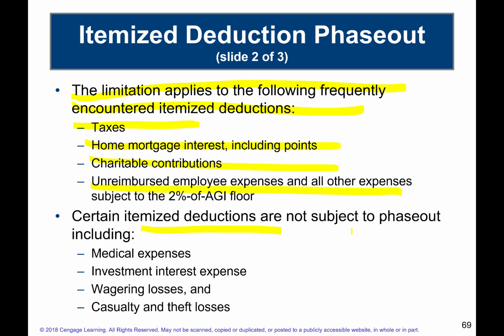But certain itemized deductions they don't make you apply the phase out to. For example, medical expenses, investment expenses, wagering losses, and again, that's up to your winnings, and casualty theft loss. So they've sort of put some things off to the side. And it makes sense that if they're letting you take a deduction up to your winnings, it doesn't seem very fair to make you pay the tax on the winning and not let you take the deduction and limit the deduction somehow. Medical expenses: if you're that sick and you're having to incur all those medical expenses, we're not going to limit your itemized deductions based on that.